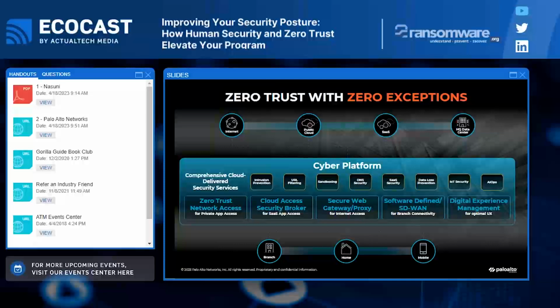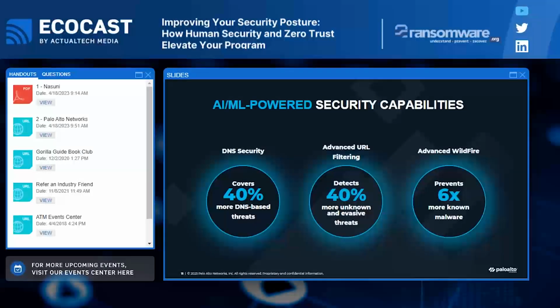And one of the cool things, as I said, we've been doing with that is adding on AI and ML-powered capabilities. When we do that, we can start to really expand our already industry-leading security to start addressing some really interesting areas where we see there are opportunities for enhancement. In particular, DNS security. We've started to see that DNS is now emerging as a really interesting threat vector, and an area where some of our adversaries are looking to exploit more and more. What's interesting about our capabilities is that we're learning how DNS can be exploited, and we're looking for the telltale signs of those types of exploits.